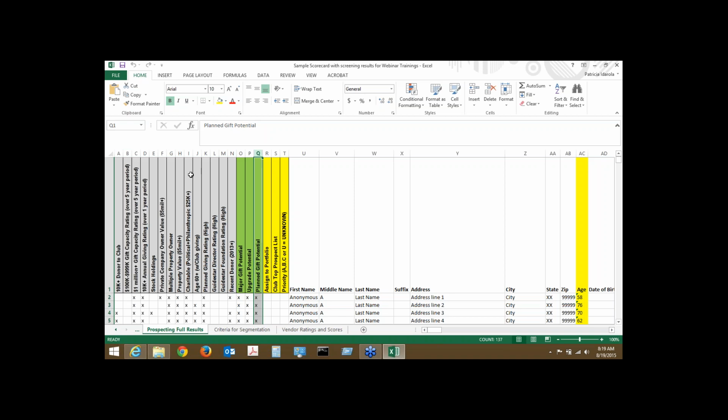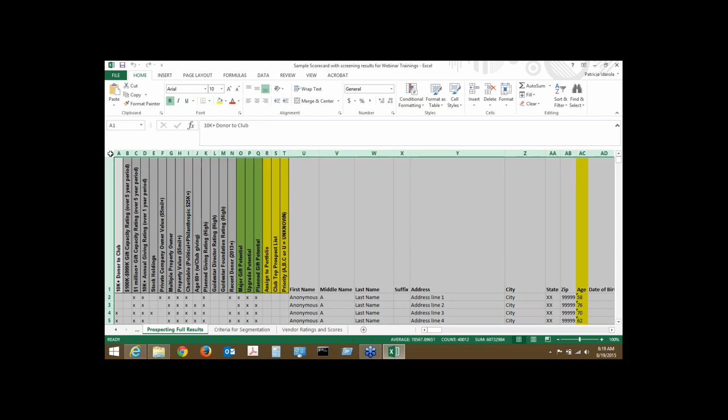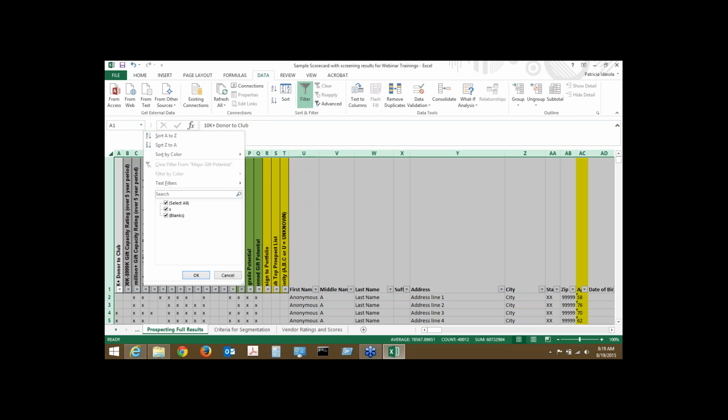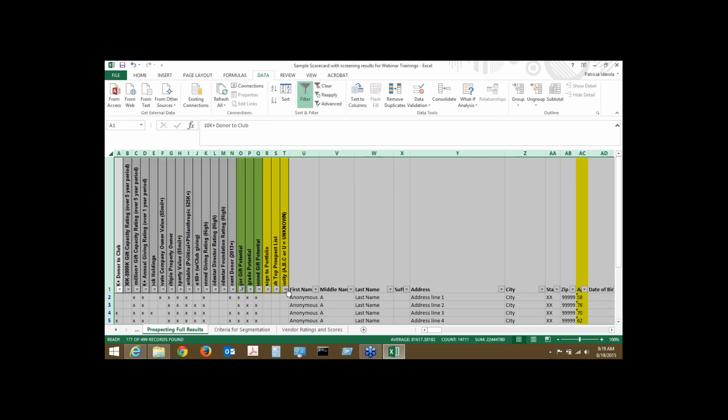So if you're not familiar with filtering, if you were to highlight your file, so you click between your A and your 1, and you were to go to Data and select Filter, then you'll get these drop-down arrows. And you may say, well, I want to look at this major gift potential a little closer. So you click on that arrow and you uncheck the blanks because you just want to see those that have a check mark. In this case, 177 people landed in the major gift potential